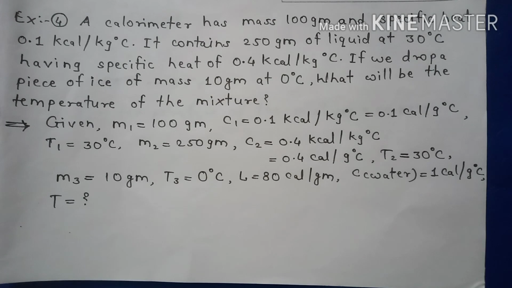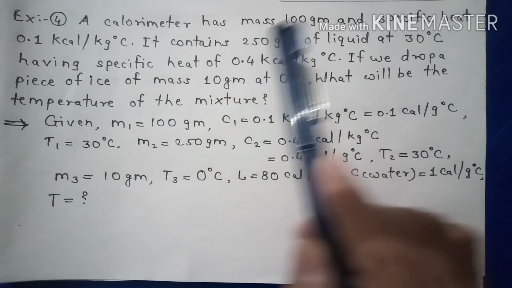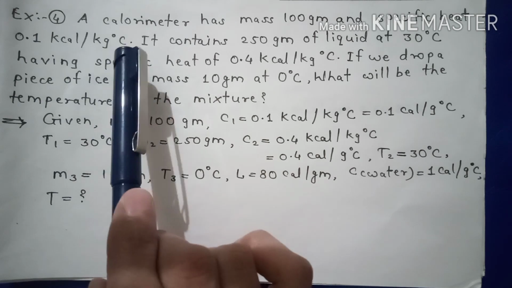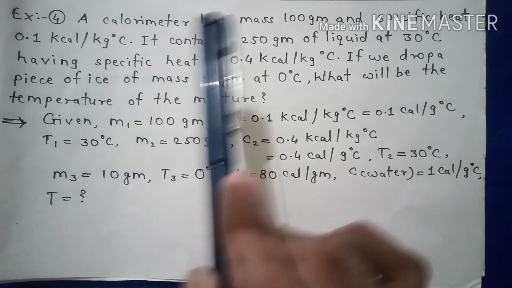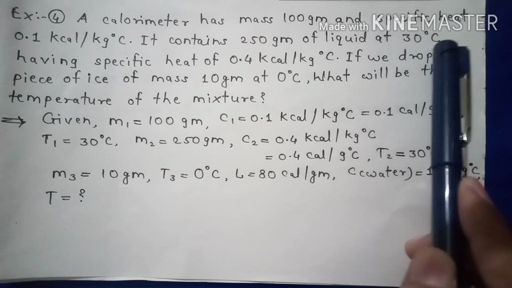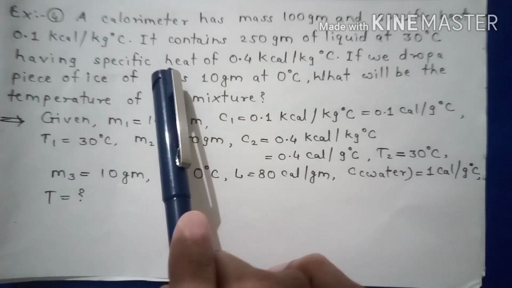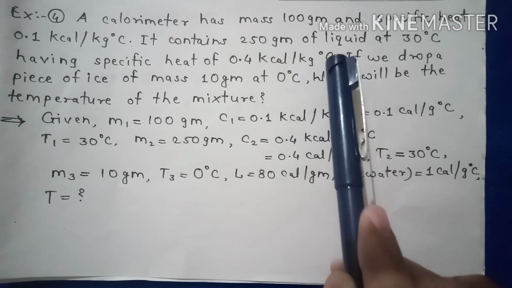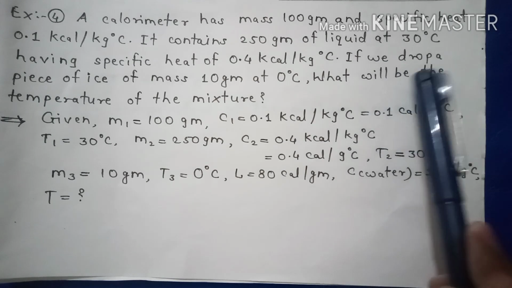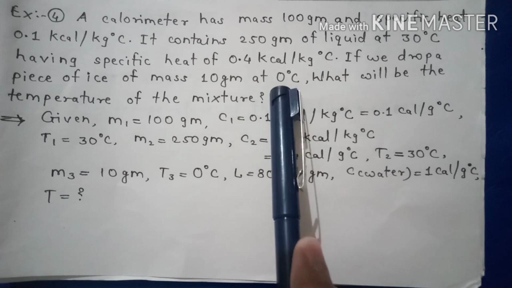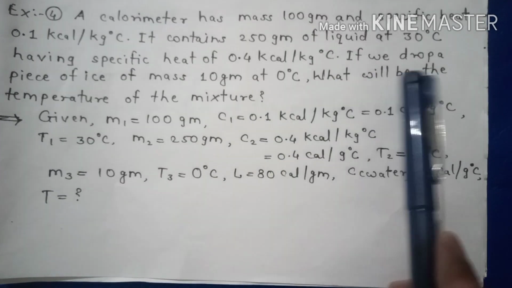Now we will see the fourth example from the exercise. A calorimeter has mass 1000 gram and specific heat 0.1 kilocalorie per kilogram degree Celsius. It contains 250 gram of liquid at 30 degree Celsius having specific heat of 0.4 kilocalorie per kilogram degree Celsius. If we drop a piece of ice of mass 10 gram at 0 degree Celsius, what will be the temperature